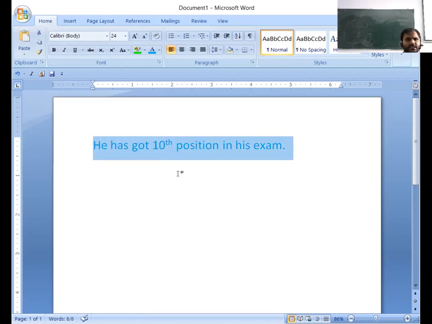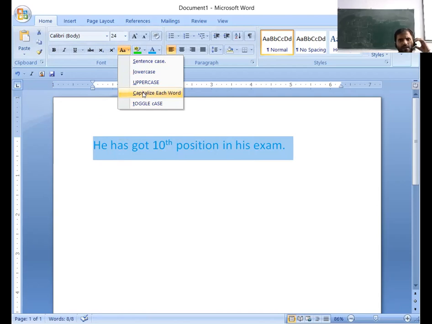Before applying a case on text, you have to select your text in the document. Then you have to go to the home tab, home menu, and font section, and you have to go on case. So you can see there are lowercase, uppercase, capitalized, and more. I want to capitalize the text in this document, so I have selected all the document and I choose capitalized.